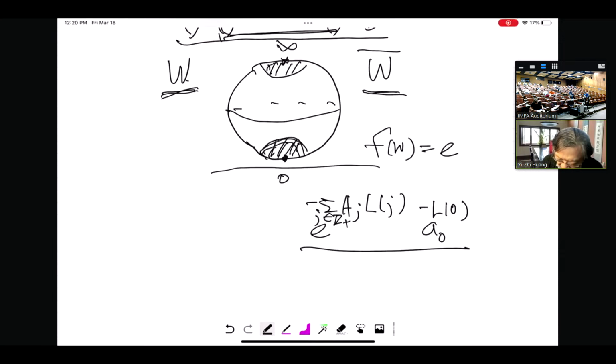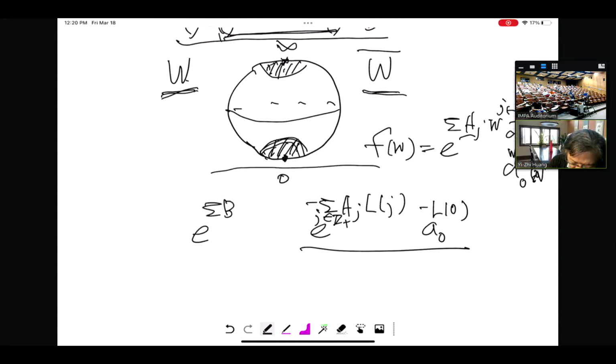So the main thing is that you can write this as something like the sum of A_j w^(j+1) d/dw, with A_0 w d/dw, applied to w. So you can always write an arbitrary such Laurent series in this way, and then you take these coefficients, and you get this. So similarly at infinity, you can do the same thing. So you will get the sum of B_j, in this case L_(-j).